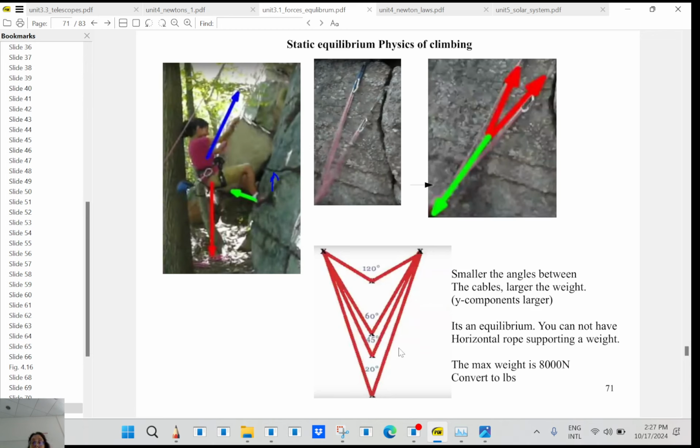Because remember, a vector, here it's a tension, comes in two components. And here it's only the y component doing the lifting. So if you increase the weight down, you need to increase the y component. That's why they have to come together, so you're going to get more y component. If the load is a child, you don't need that much lifting. Is that clear? I had a demo and